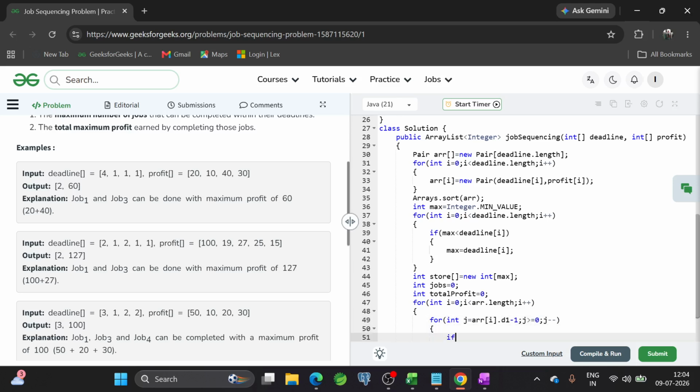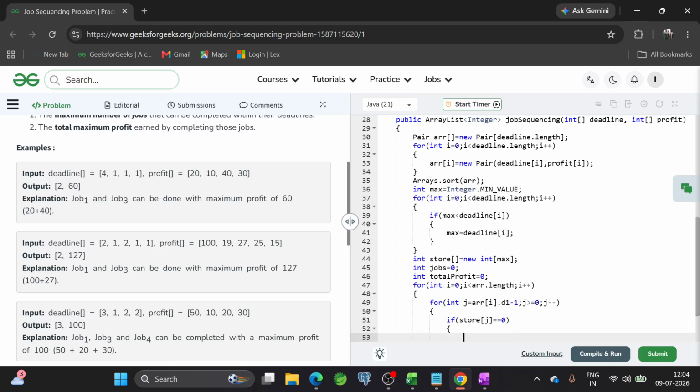And if store of j equal to 0, then we can do that job, because the deadline is this one, so we can complete the job within the deadline. That's why I'm checking if store of j equal to 0, then we can do this job.